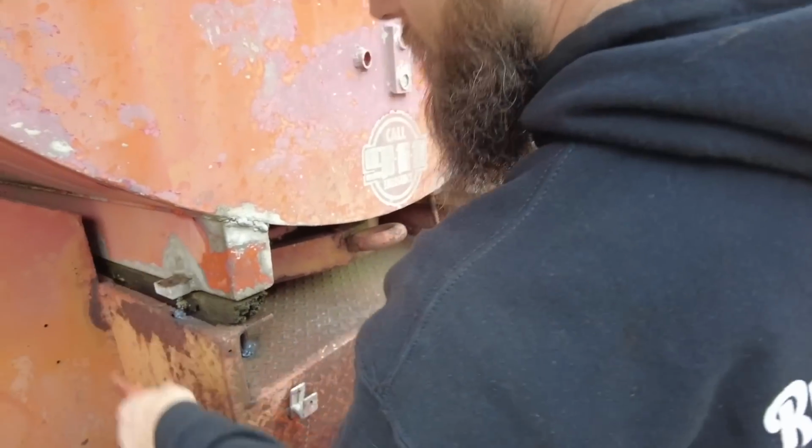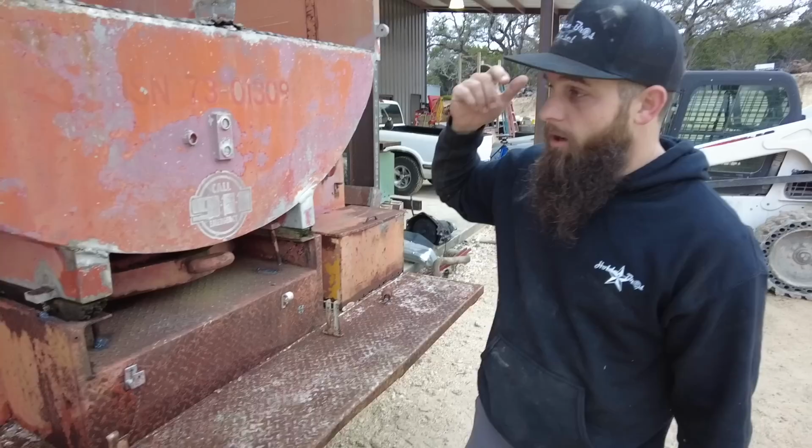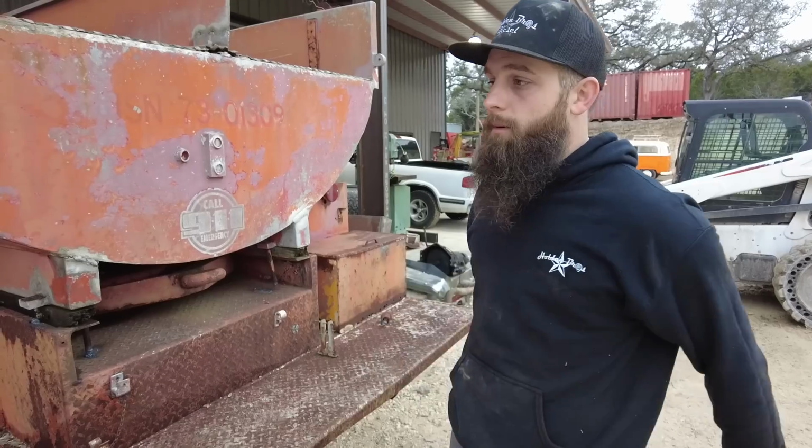So these were here. I torched those off. This thing's basically ready to come off. We're going to pull it off, set it to the side, and then attack all the other stuff. This thing's got so much stuff welded from the bed to the frame. I'm literally going to torch the rest of my life underneath there. So we have a